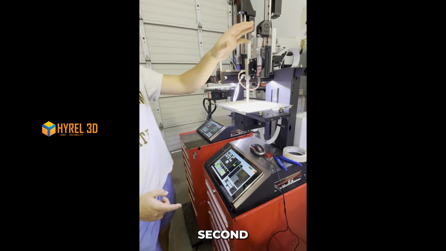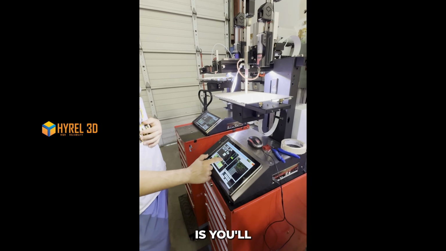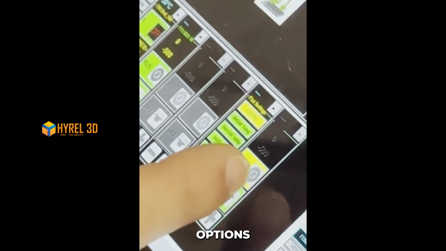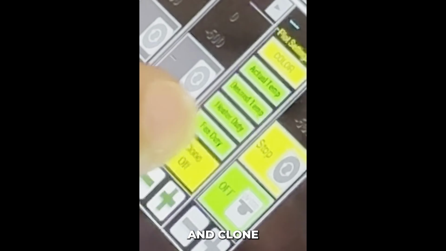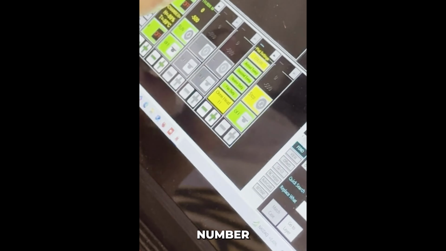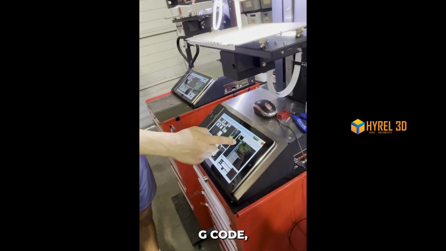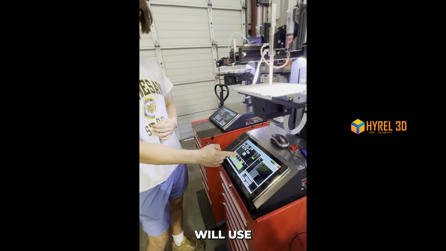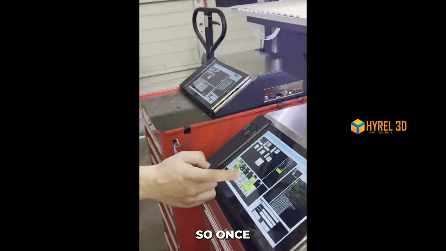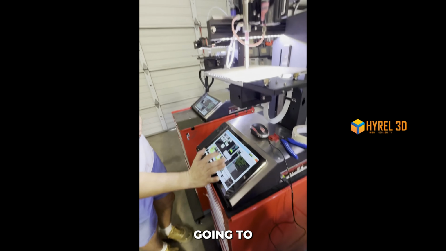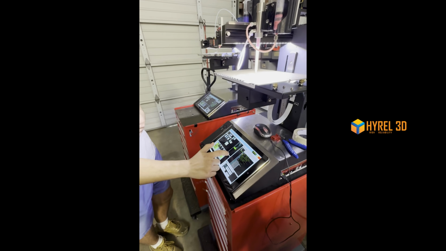And then for your second head, what you'll do is you'll clone it. So go to your options over here on your head and clone whatever number is in front of the T. So this number does not exactly align to the G code, but this is the number that you will use for cloning your head. So once you've cloned your head with the second one, you're going to flash your head,